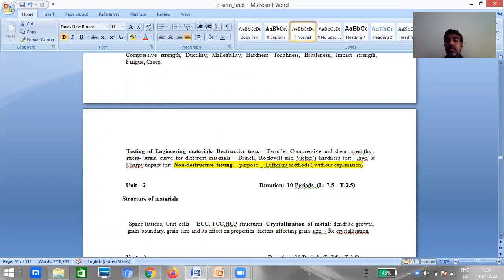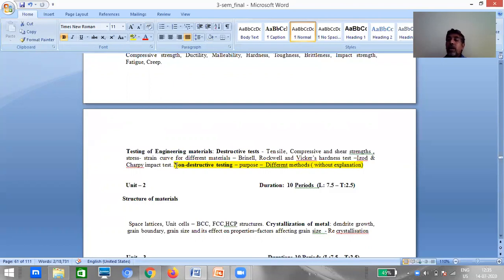And also we discussed how to find out the impact strength of the material and what are the different types of test procedures available to find out the impact strength. We have 2 types, that is the Izod test and the Charpy test. Okay. So how to perform the Izod test and how to perform the Charpy test? Is there any difference between the Izod test and the Charpy test? Also we discussed. Okay. And later, after completion of these destructive tests,